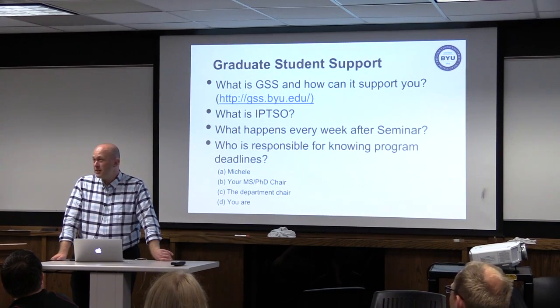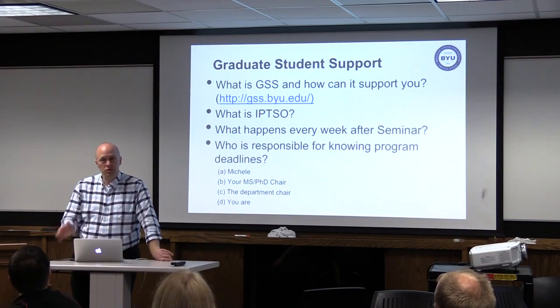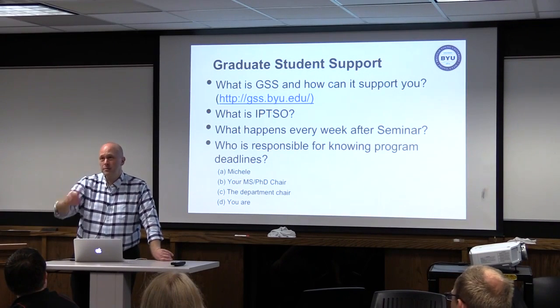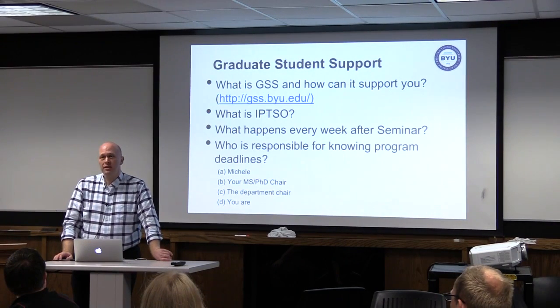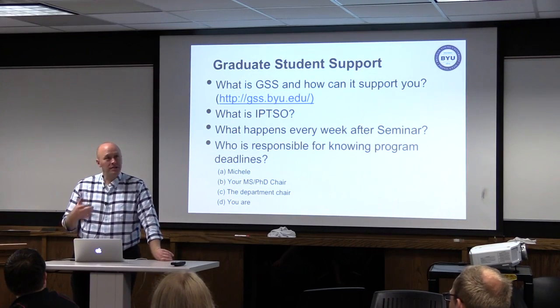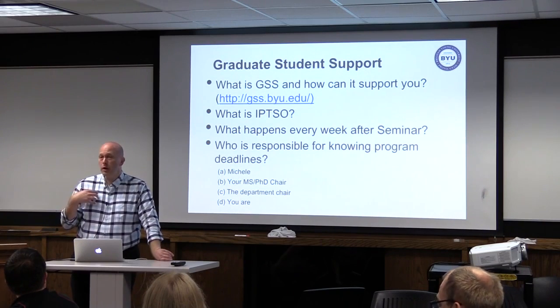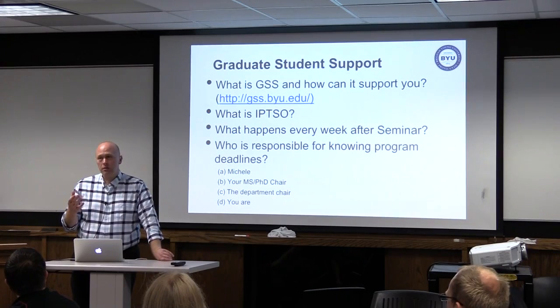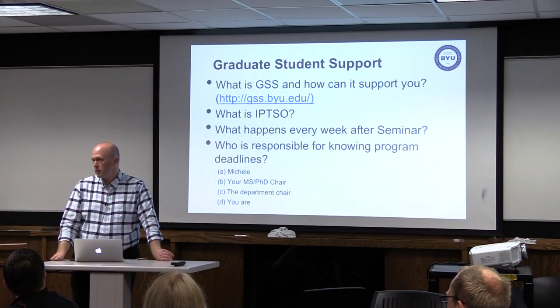Now, in an ideal world it is A through D, right? But sometimes things change. The university changes policies and sometimes it takes some time to trickle down. The department chair sometimes takes some time to learn about changes, or individual faculty sometimes even longer for us. So what I'm trying to say is, yes, we hope that we know and we try our best to stay up to date. But if we make a mistake, it's still your responsibility to check with the university, especially for university deadlines,